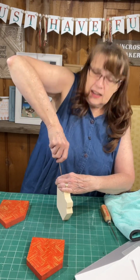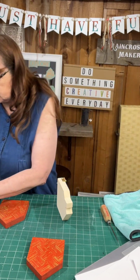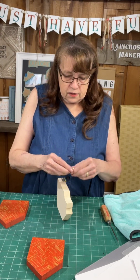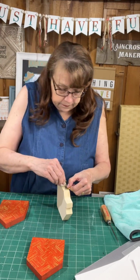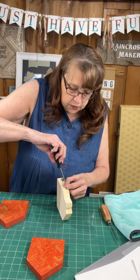She says she has 3 and they're all different, but never anything I'm looking for. Yeah. That's true. And you know what? You kind of have to buy in advance. If you see something that you think you might use in the future, you just kind of have to get it and